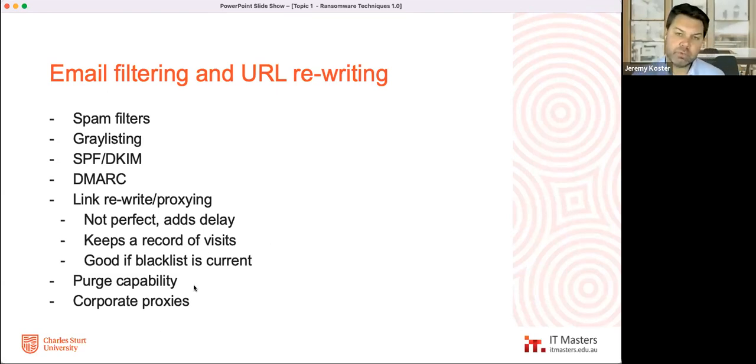You also need a purge capability, sometimes overnight. Sometimes there's a major phishing attack. It gets reported into the spam drop box. You realize it's gone to 500 staff. You have a purge capability ready to actually lift that out of inboxes so that people coming in the morning don't get it. And then finally, proxies.